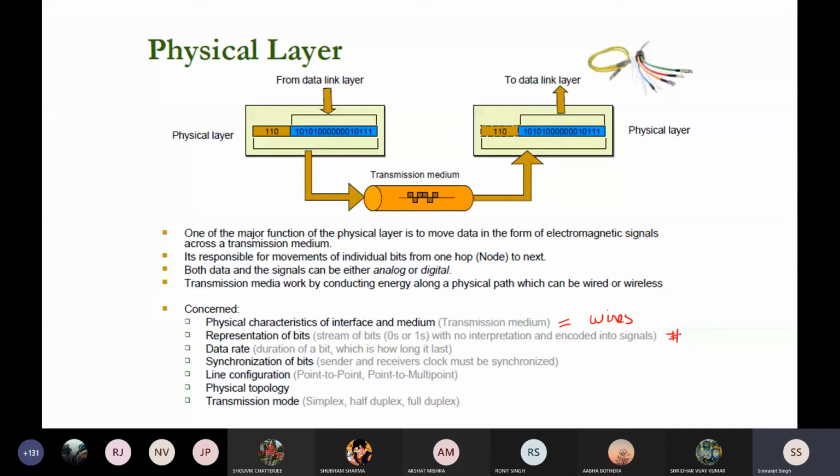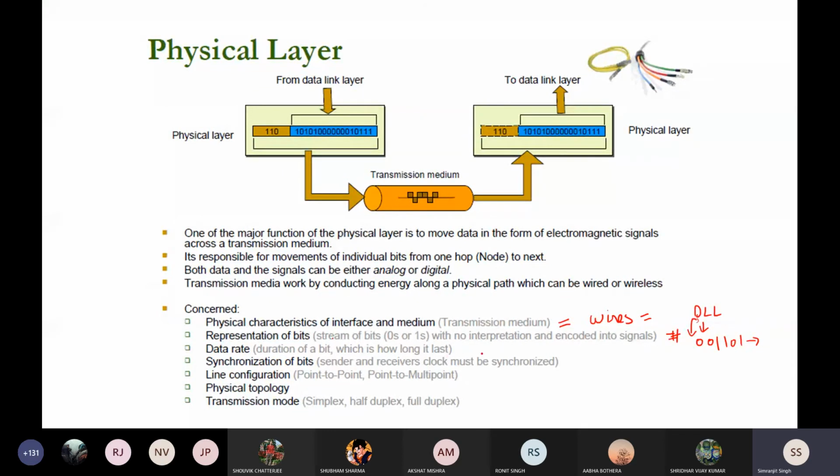It takes the bits from the data link layer, adds some part to it, and transfers the bits using the wires to the receiver. It is just streams of bits, zeros or ones, with no interpretation, and encoding into signal. So it does not do anything else. It just takes the bits coming from the data link layer and puts them into a wire.